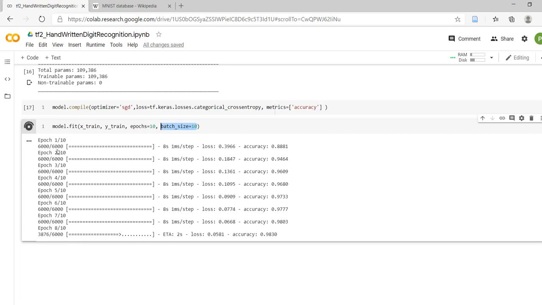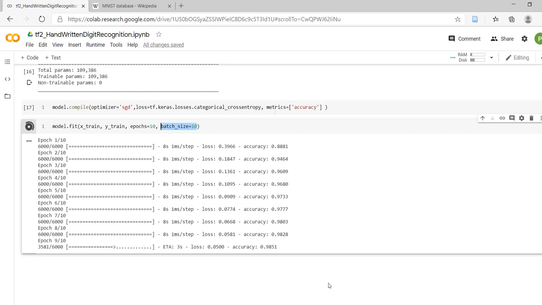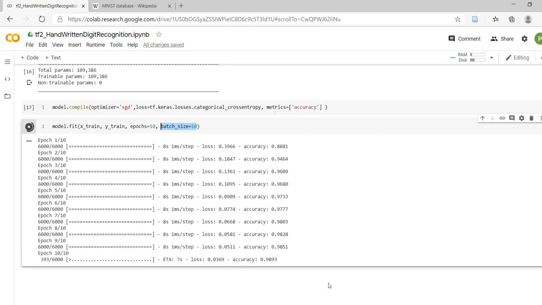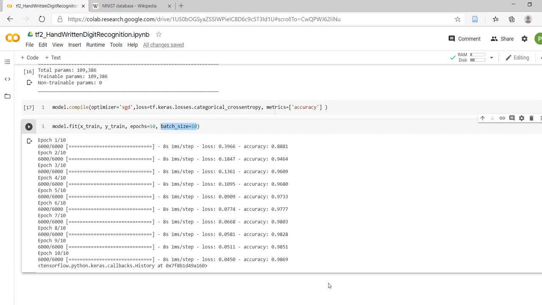So we are getting almost 98% accuracy, and in the ninth epoch we are getting 98.51% accuracy, and in the last epoch we are getting accuracy of 98.69. So I hope you understand how to build a neural network with TensorFlow 2.0 for identifying handwritten digits.